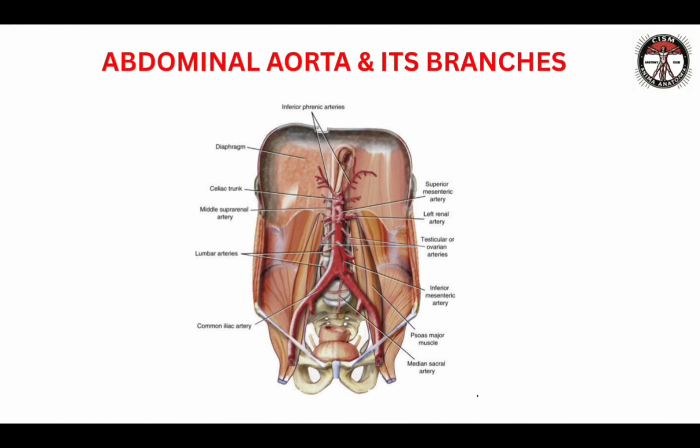In today's topic, we are going to cover the abdominal aorta and its branches. This abdominal aorta I'm going to call AA. This AA is also called the descending aorta, and it is the continuation of the thoracic aorta. The origin of this AA is T12, and there are mainly five branches arising directly